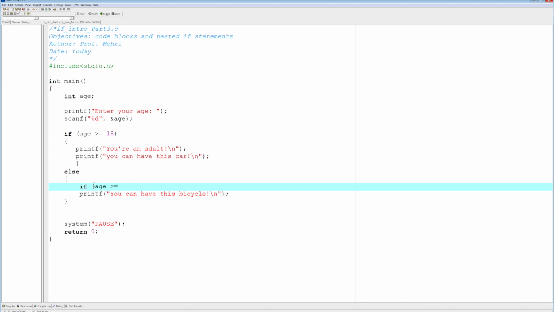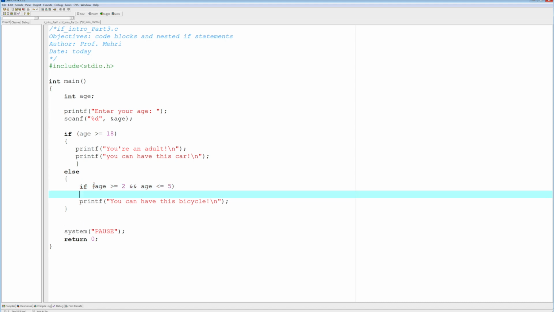When can you have a tricycle? Maybe 2. There you go. And age is less or equal to 5. You can have a tricycle. So printf, you can start with a tricycle \n. Else,